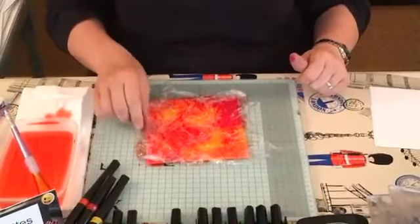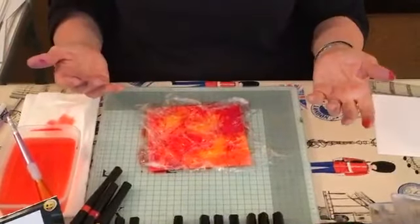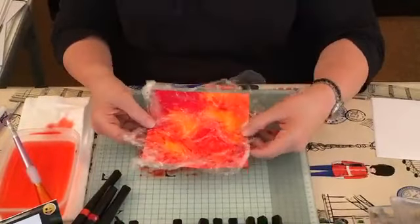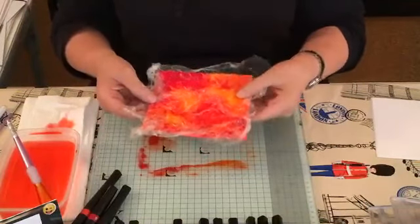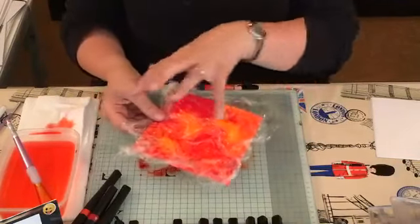Yep, just about. Fabulous. And this is one of those techniques that you can't speed up, you can't hurry it, like Diana Ross would tell you, love, we cannot hurry this. So we're going to pop this to one side and just let it dry. After about an hour we can force dry it a little bit, but that's why I wanted to do this first. So bright, fiery, gorgeous colours,